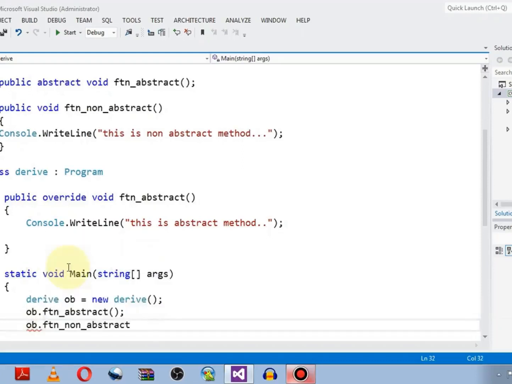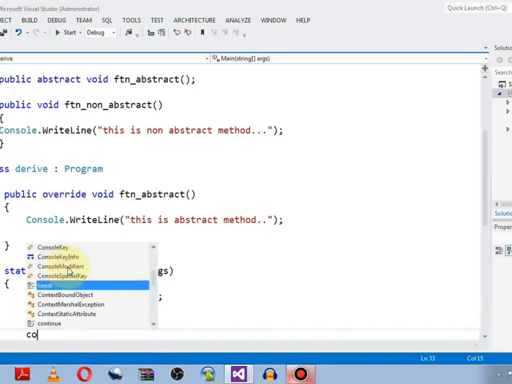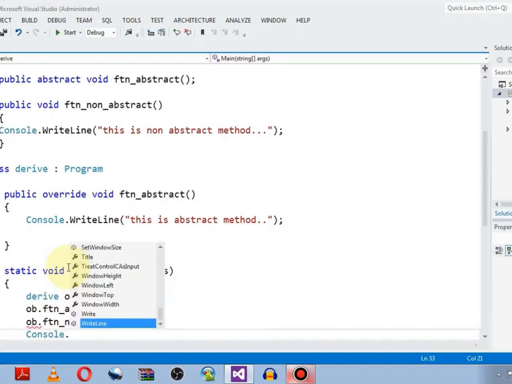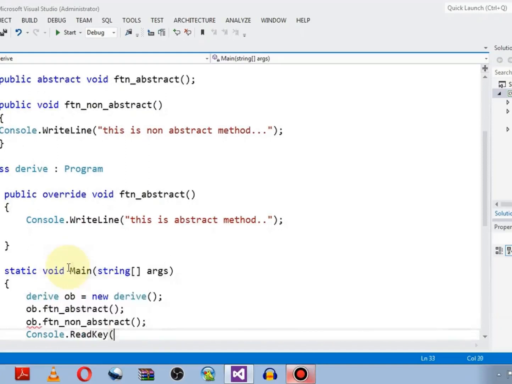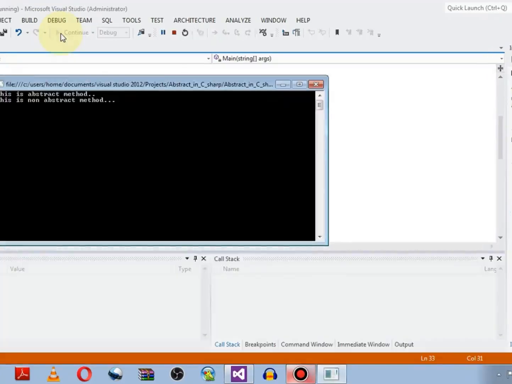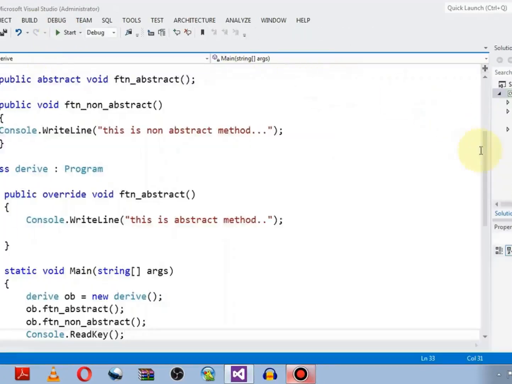Dot non-abstract method. So let me add one more line. Let's execute, press F5. Now you can see we have both messages available. So we have just accessed both of them.